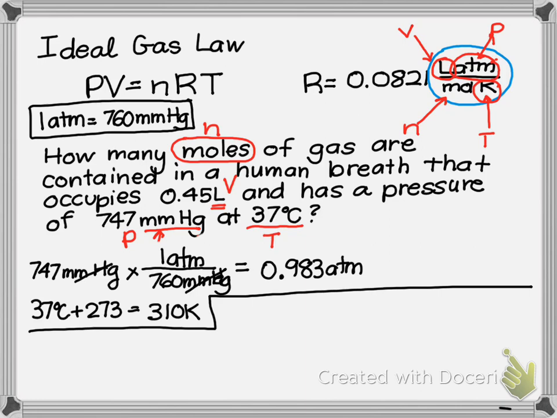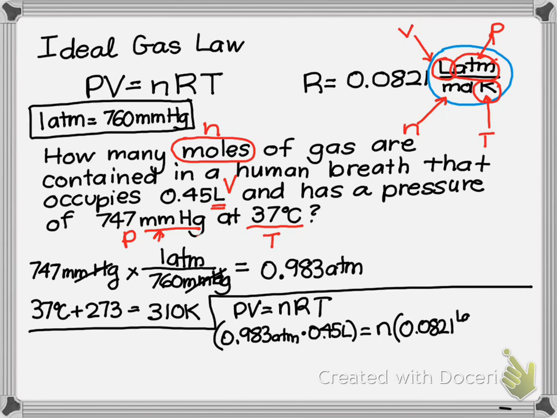So PV equals nRT. P is 0.983 atmospheres. Volume is 0.45 liters. That's going to equal n, which remember I said I didn't know, and then I'm multiplying